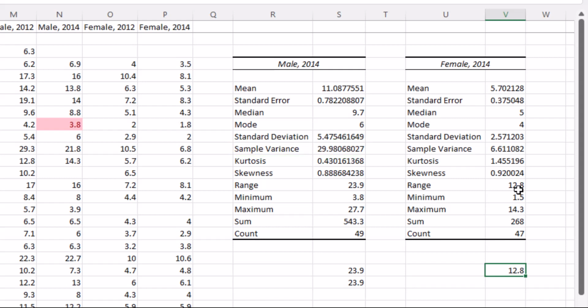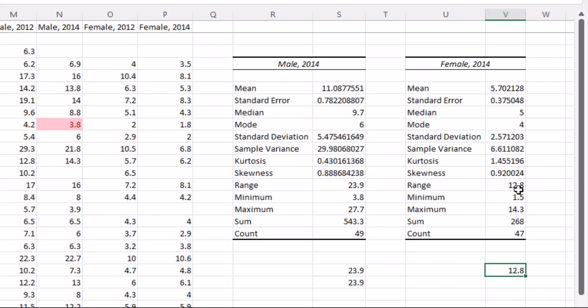If we wanted to have the same unit as the averages, for example, we would need to take the square root of that number, and we would end up with 5.47461649 deaths per 100,000. The square root of the variance is the standard deviation, which is also a way of calculating dispersion or spread around the expected value.